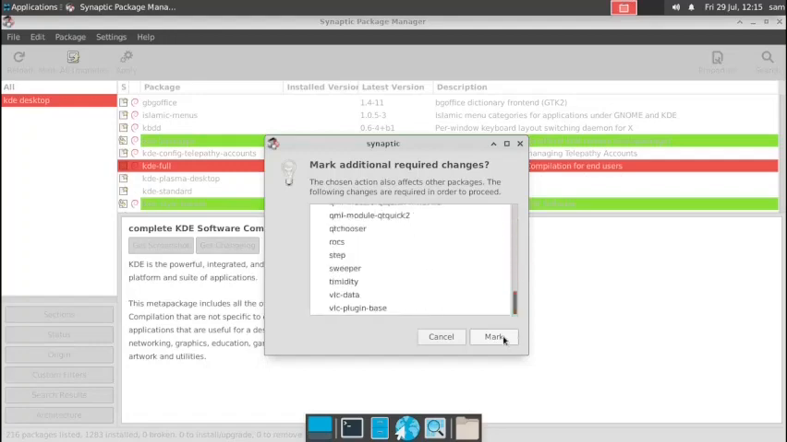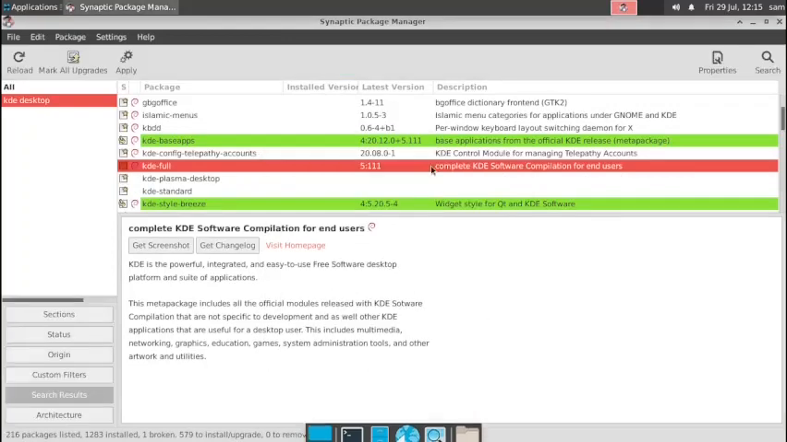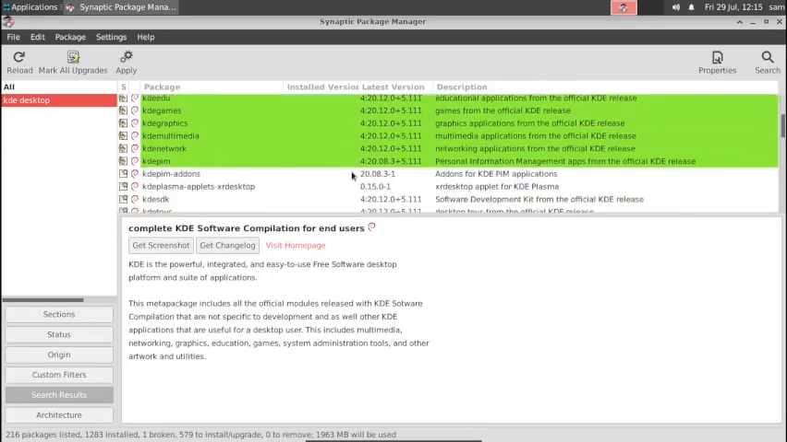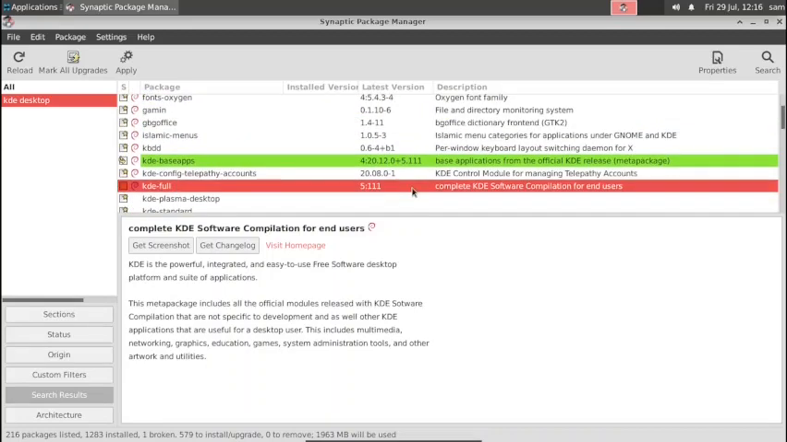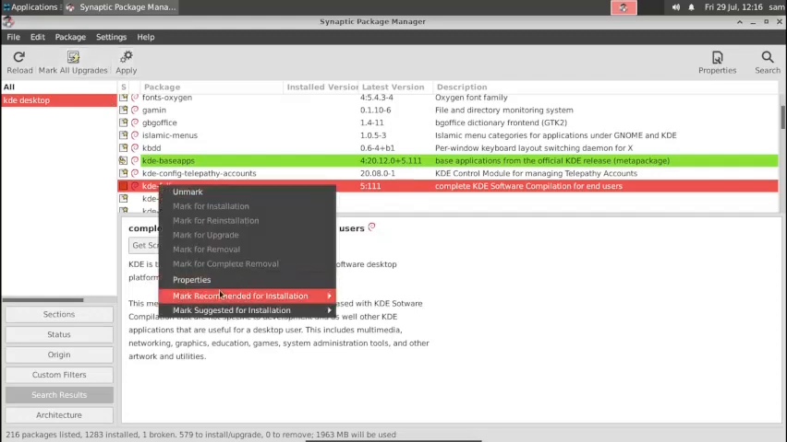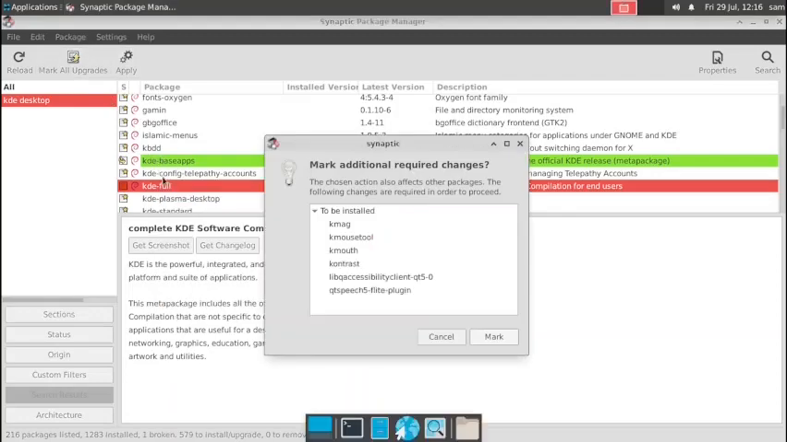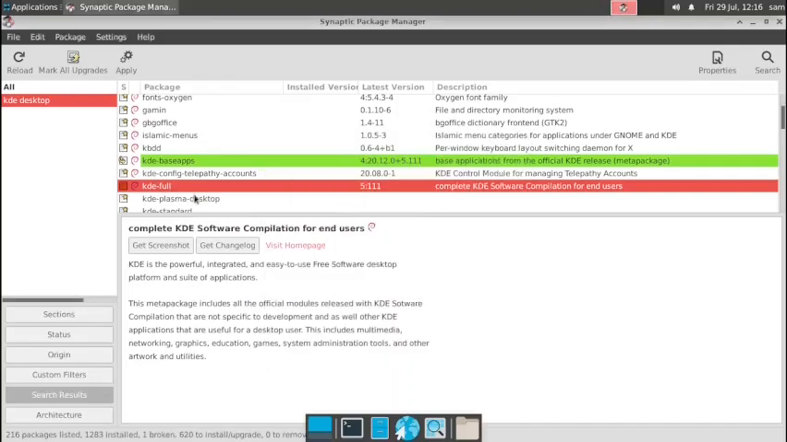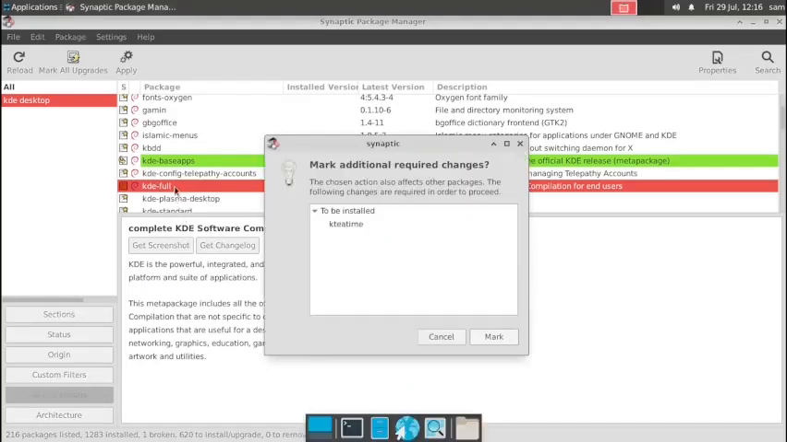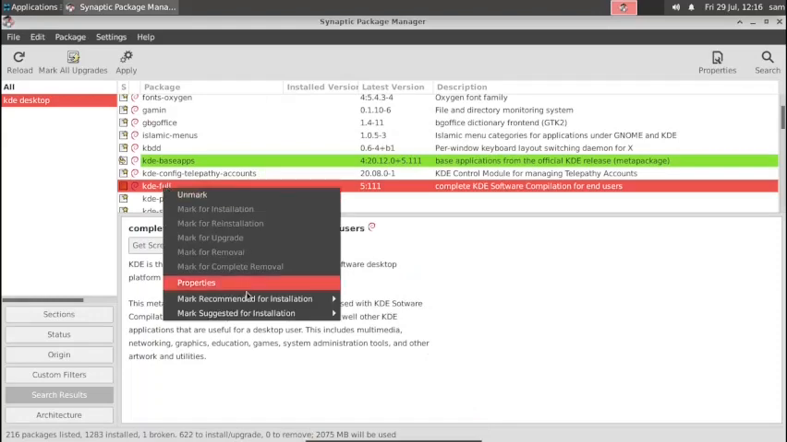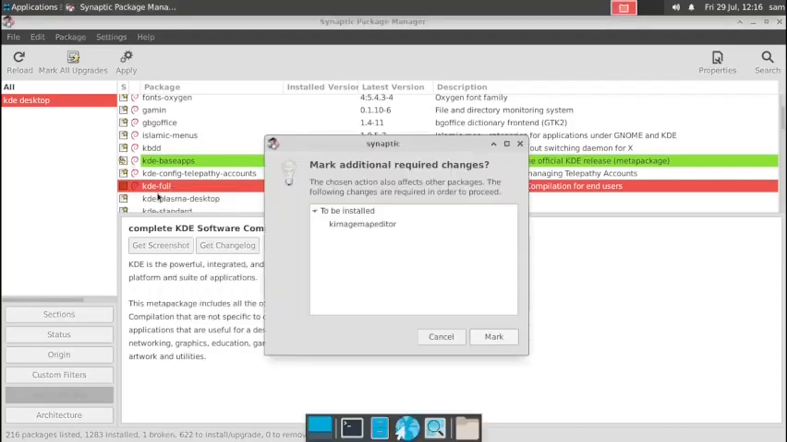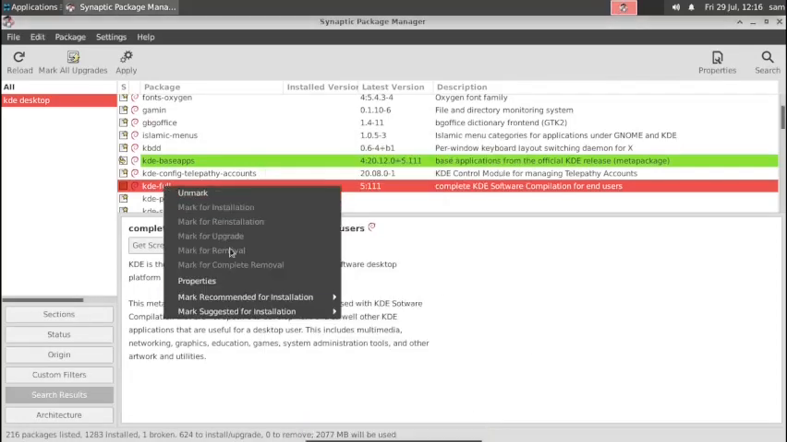So we have selected. Now what we will do is we will just mark the software packages for installation. So this is the full KDE desktop that is now being installed. Now it is showing some. KDE toys also it wants to install. And KDE web development also. And now there are some packages for the